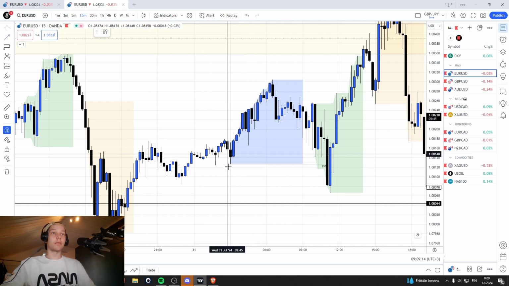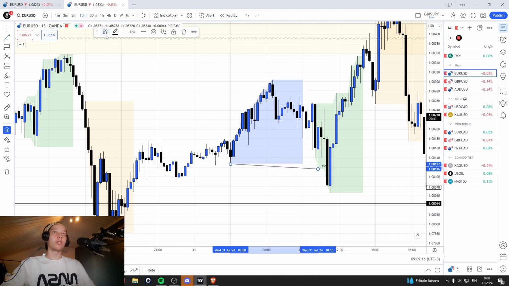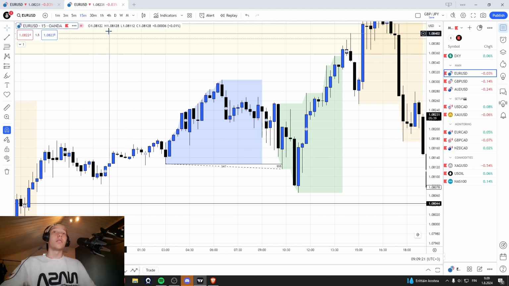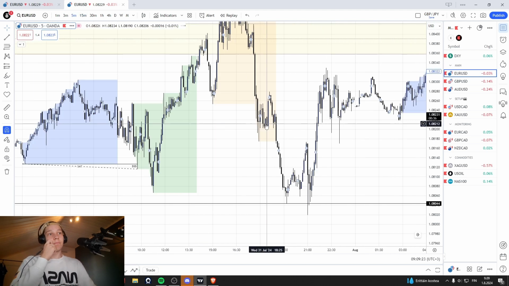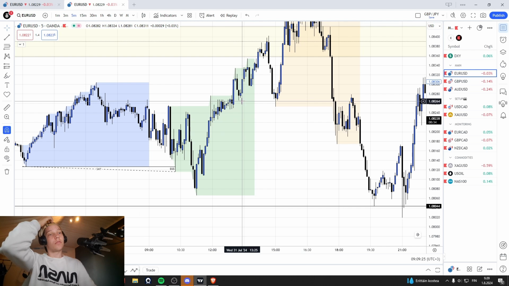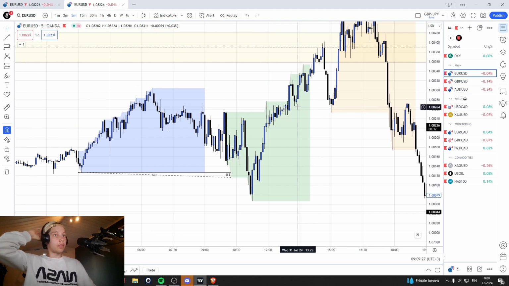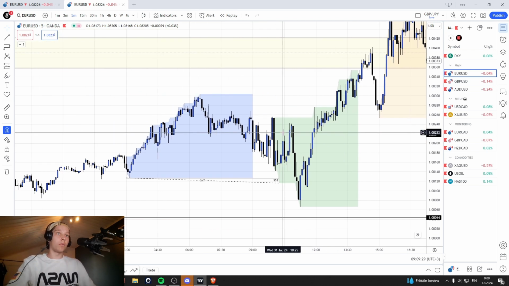Also, this was SMT with DXY. So things are lining up for our bias. I scaled to 5 minutes, and if you know trading, you can probably see where it went wrong, because